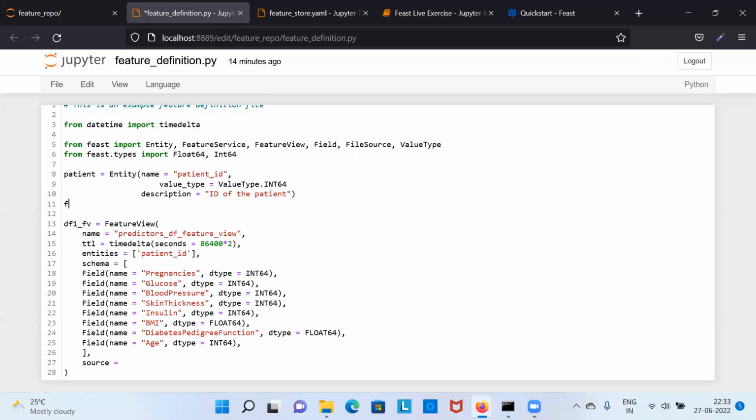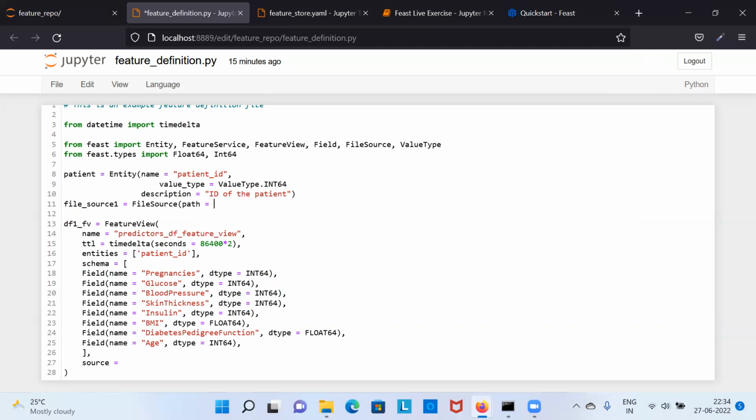So this is nothing but the file source. Let me write it fully. FileSource is equal to, let me write it 1, because I'll be creating one more file source. That's why I'm writing it 1. So FileSource, and path is equal to